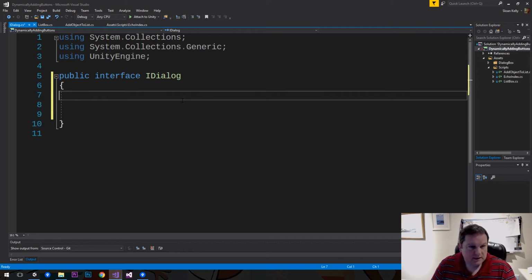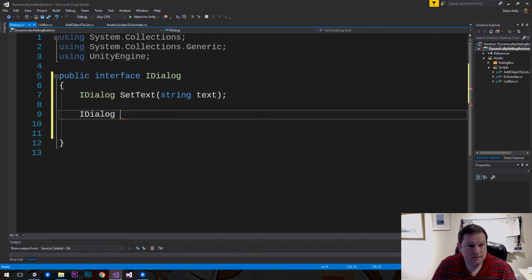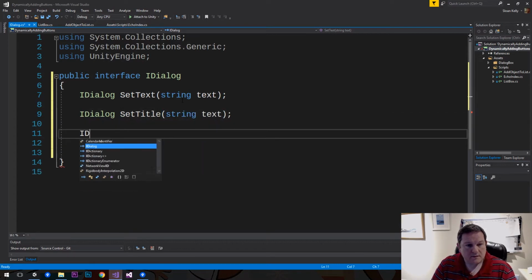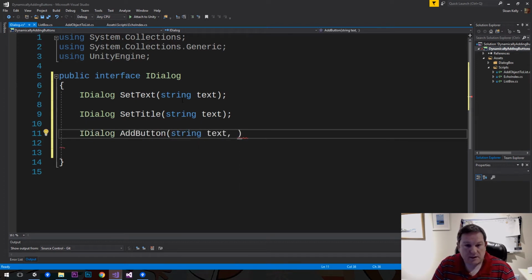So I want to say things like iDialog, set text, string text, iDialog, set title, string text, iDialog, add button, string text, and then it's going to be action,